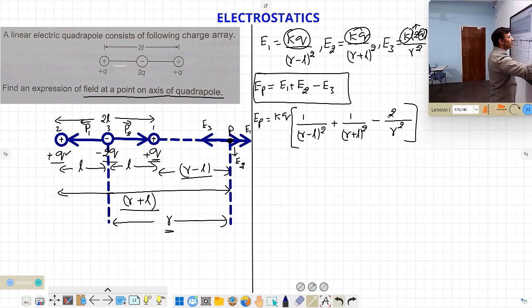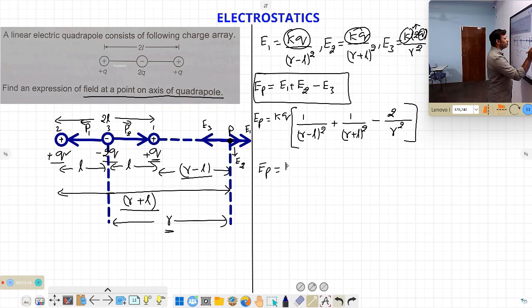You can check it properly if you are missing anything. Now you have to solve that one by taking the corresponding LCMs here. If you take the corresponding LCM, in this case, what is the electric field due to this? You are going to get